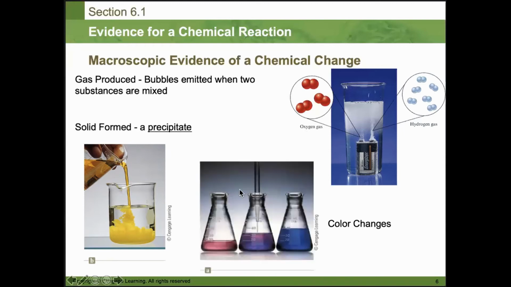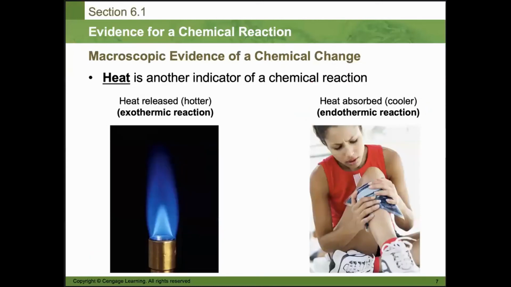Okay, and then the other thing we'll see is that we'll often see some type of color change. So later in the class, when we do what's called a titration, we will see color changes, and that will indicate that a chemical reaction has occurred. All right. And then finally, a very common evidence that a chemical reaction has occurred is that heat can be a large indicator. And this can happen in two different ways. So we can say that heat is released, and we talked about this in chapter 1,